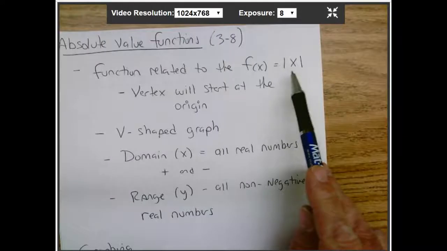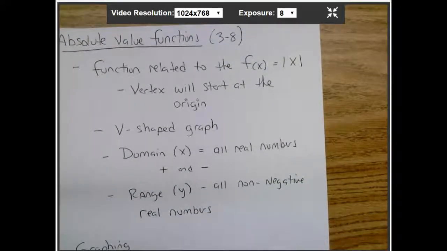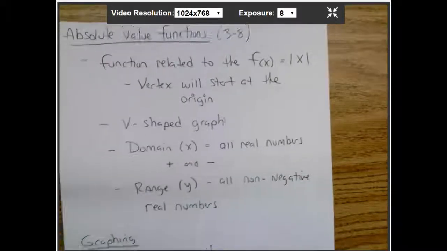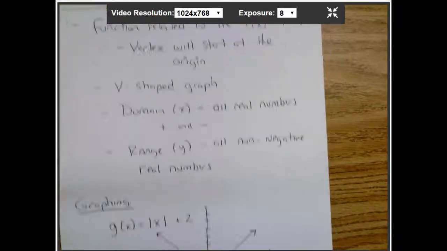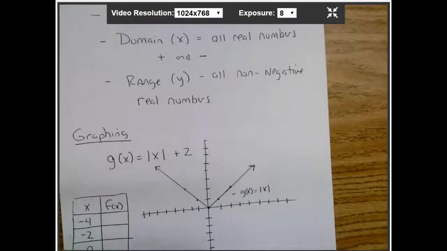Now we can change this, do things to it, and we could make some of the range negative y numbers, and we'll see that in a minute. That's kind of the absolute value function. If we were looking at that function, it would look like a V shape like this, and we